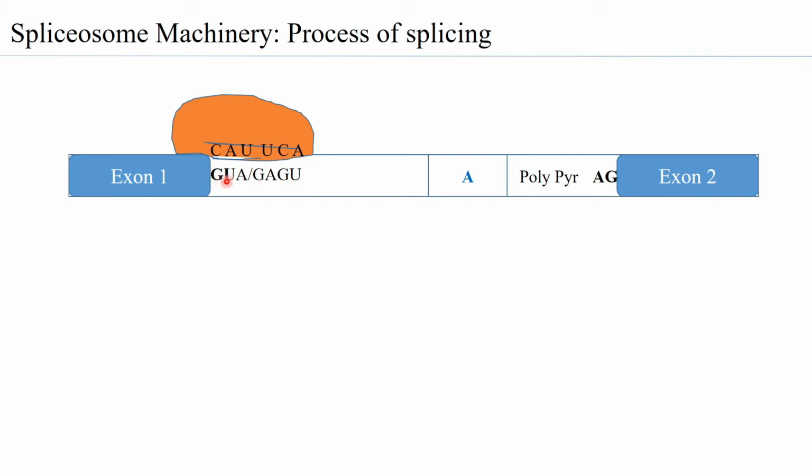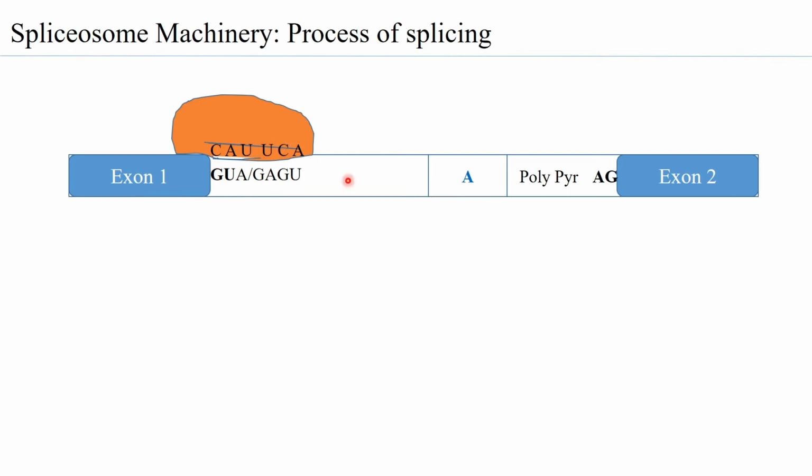So you can see GUA, AGU, that is the sequence, and you have a complementary sequence of CAU, UCA present in the U1 snRNA. So here what you observe is that the U1 snRP is able to specifically bind to the 5' splice site. So you can in other words say that the U1 snRP is marking the 5' end of the intron. So the border of the exon 1 and the intron at its 5' end is being marked by the U1